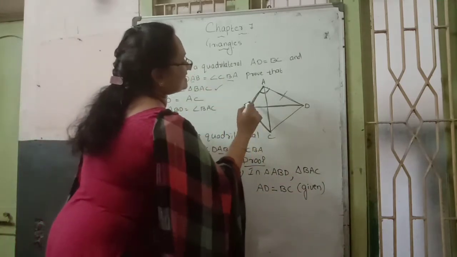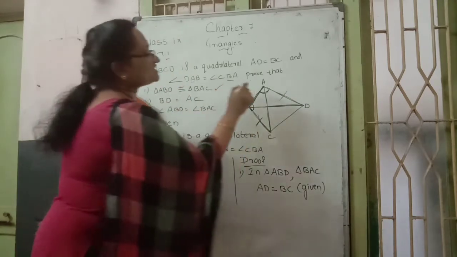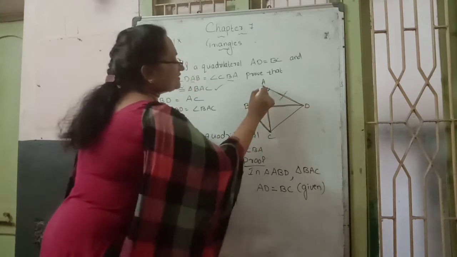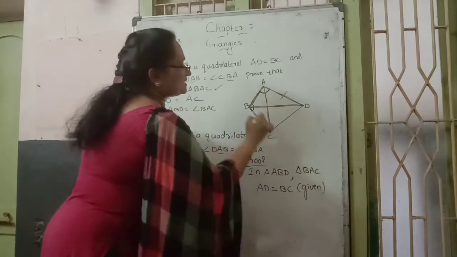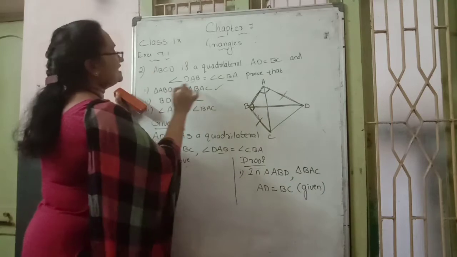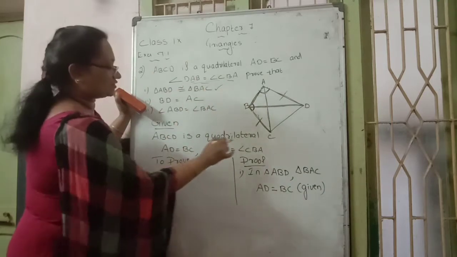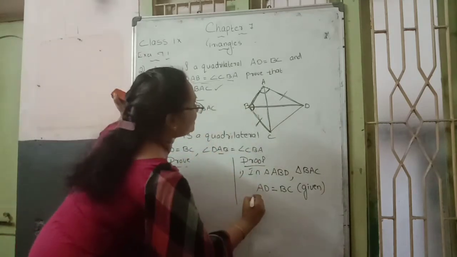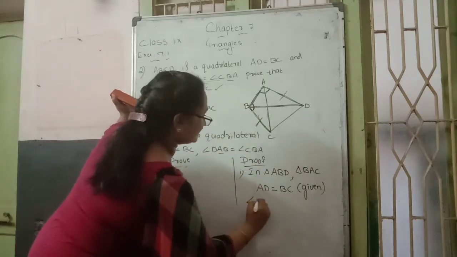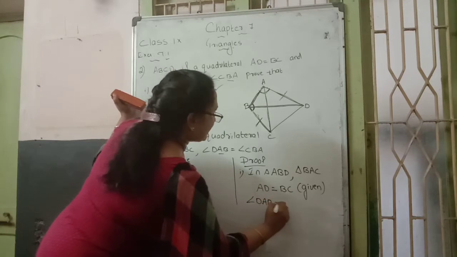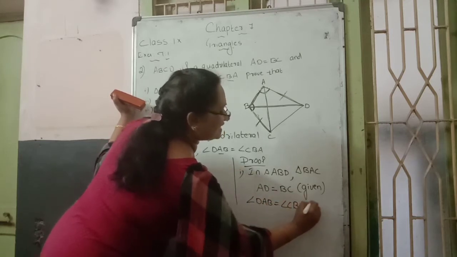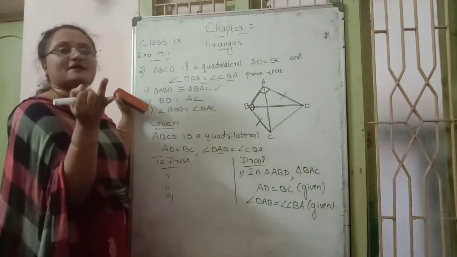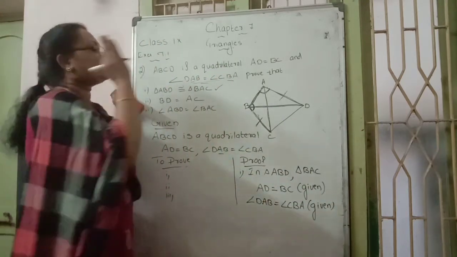Next, we can tell the angle case. Which angle? With respect to triangle ABD, angle A. With respect to triangle ABC, angle B. They are given in the question, so that matter also we read here. For the second condition we can write angle DAB and angle CBA are equal. They are given in the question. So 2 conditions completed. One more condition.